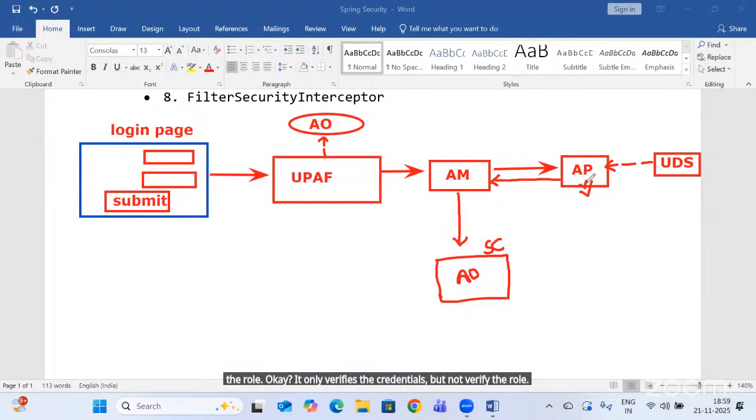If credentials are valid, it will populate the role into the authentication object and give it back to the authentication manager. It will put it into a security context object. And this security context object is managed by the security context holder. So once this process is completed, then next,